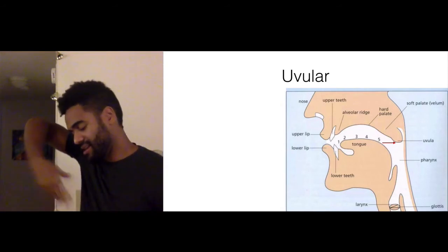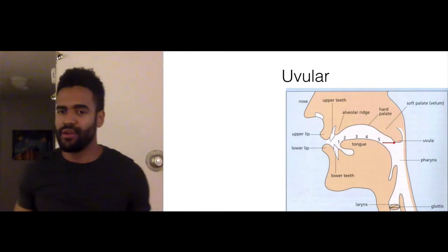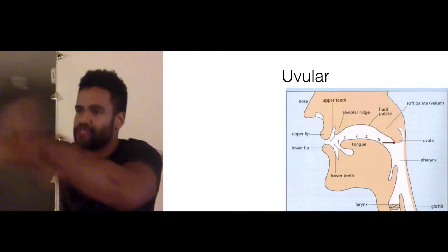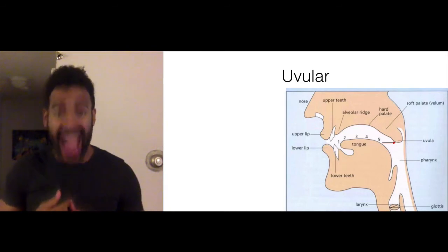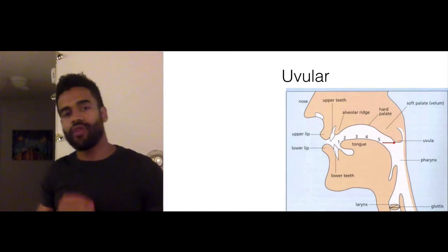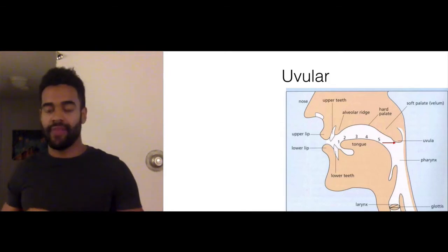That dangly thing, I always think of it like a punching bag, because when I watched Looney Tunes as a kid, I have a memory of someone punching the uvula of a lion or some kind of giant animal. So that's the punching bag in the back of your mouth, dangling there. That's the uvula. So for uvular consonants, you're moving the back of your tongue to the uvula,